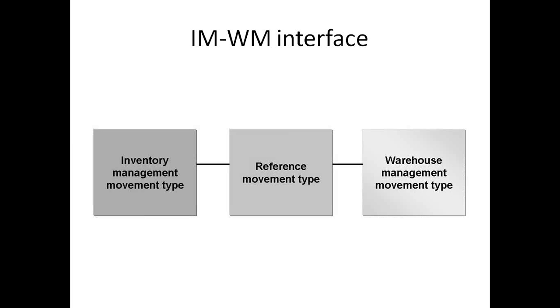So by seeing this slide, we can confirm that inventory management movement types are not directly linked to warehouse management movement types. It is indirectly connected to the warehouse through reference movement types. These reference movement types are actually maintained like,